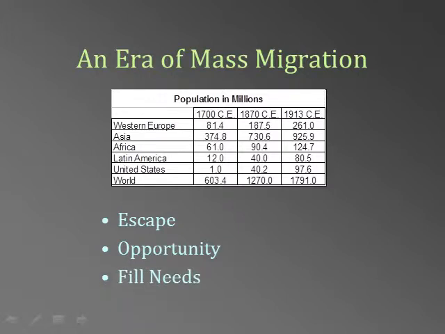People also move to fill needs. The growth of industrialization created new jobs, but those jobs were in different places. And it created the need for the building of infrastructure. Think, for example, of the development of those railroads and the number of people that came to the United States to help do that. It also comes from massive growth of industrialization and population, which means the need for more agricultural workers. And at the very time that there's a growing need for agricultural workers, there are no slaves because of emancipation to do the work. And so people move to take that on.